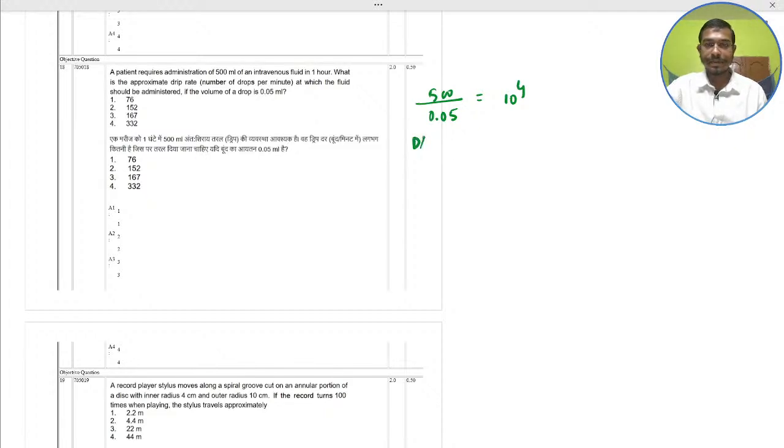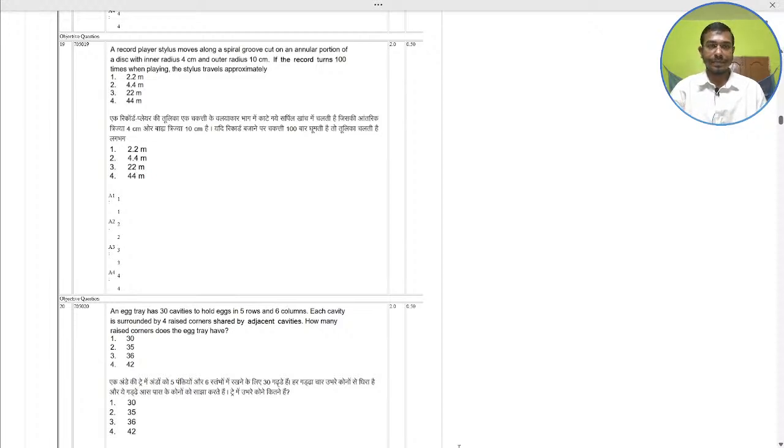Drip rate means the number of drops, 10 to the power 4, divided by time in minutes, that's 60 minutes, per minute. So that would be 167. 167 means option 3 would be the correct one. Next,